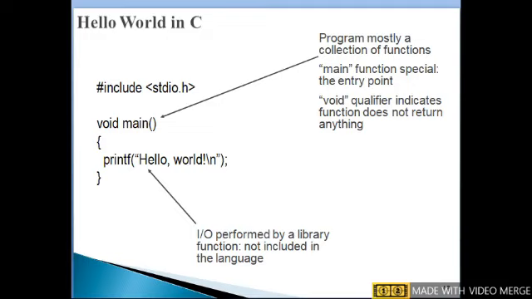To see the output, whether the program is executed correctly or not, press Alt plus F5. Then the output screen is shown. On that output screen, it displays Hello World. Yes, the program is executed. This is the procedure to execute the program. Now we will see some other example programs.